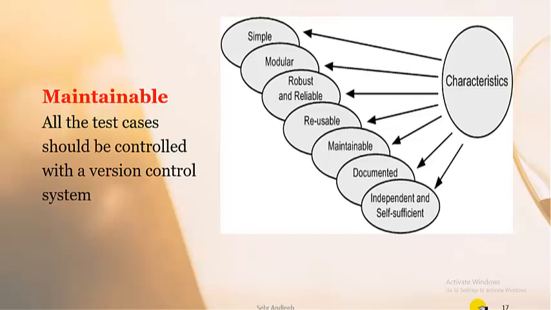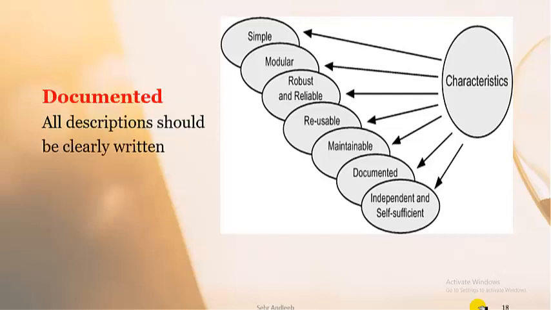Okay, the next one is about documentation. So all the test cases should be documented. All descriptions should be clearly written: who has created the test case, why it is created, under which scenario, which software it demands, what the environment requirements for the test case are, and what the test purpose is. That should be clear and understandable. So the creator name, the date of creation, and the modification date and other description as well should be documented, so that as it is an automated test case, it may be repeatable and run again and again. So if it is not documented, who will catch the error, and how can the errors be caught?